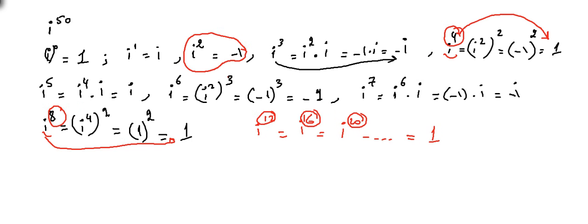I'm running out of time in this video. The time is only 10 minutes for each video. So what we have to find here is i to the power 50. Simply, we take the greatest number nearest to 50 that is a multiple of 4, which is 48. And what is left is i to the power 2, because i to the power 48 times